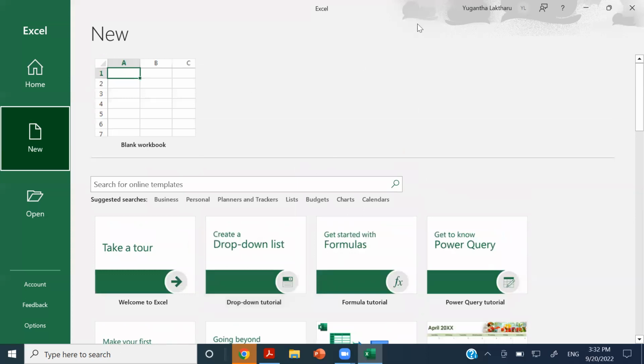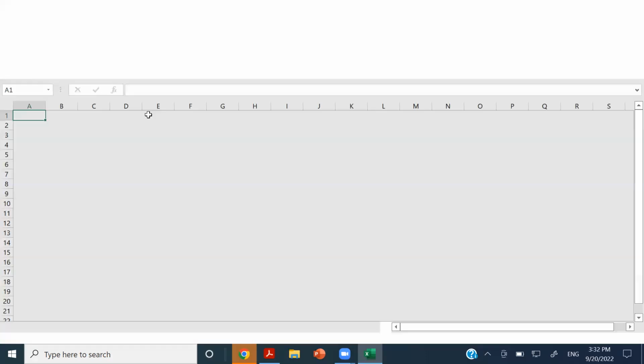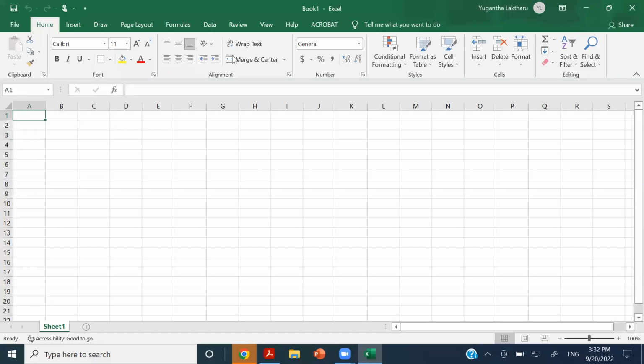Right, so I'm not going to take a template for the moment. I'm going to go with this particular workbook. Right, and this Excel environment, they call this the workbook, right? So why it is being called a workbook, as you can remember,